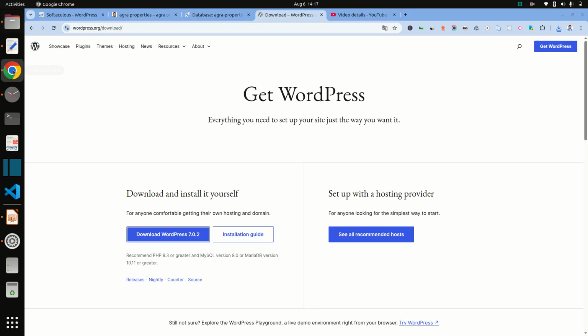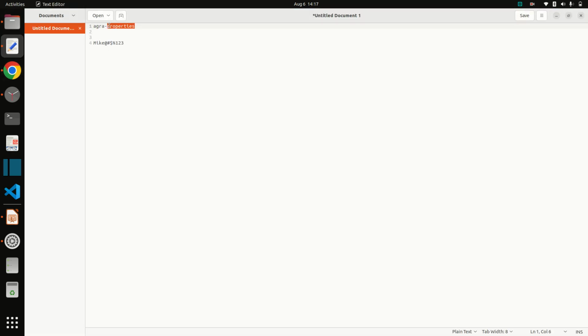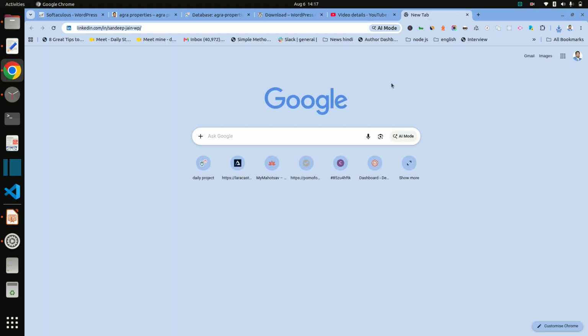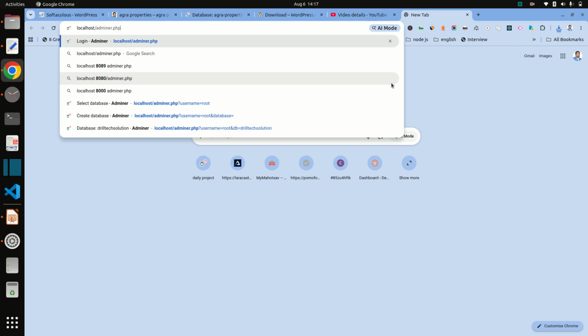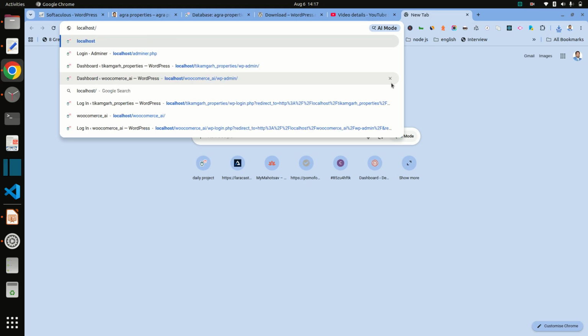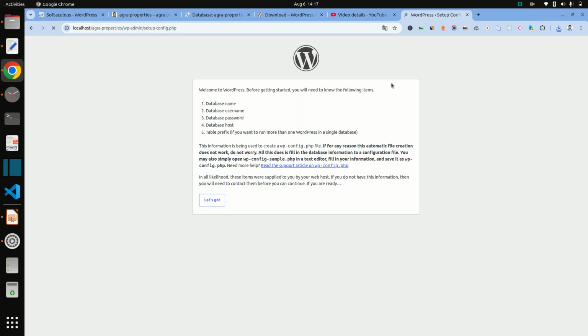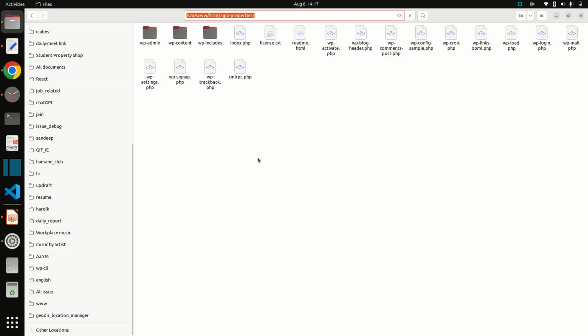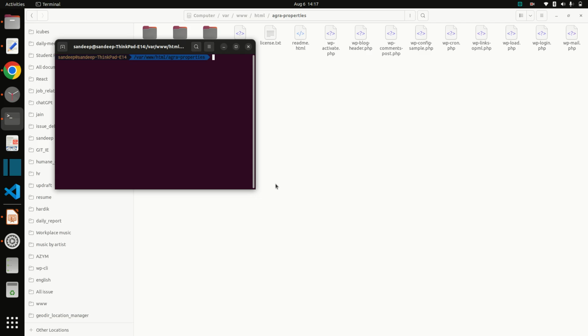Now go to localhost. Also put chmod 777 -R on the directory, because if we do not give it, then it will not create wp-config directly.